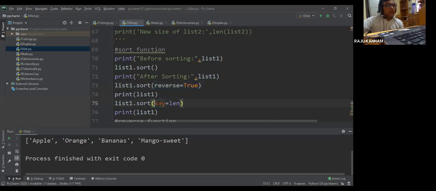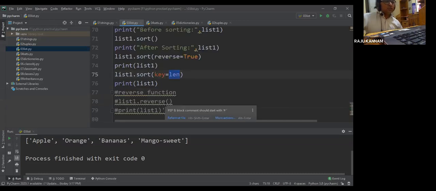And if you mention key equal to len, what is the len function? It will find out the length of the element. The sort method does arrangement, sorting in alphabetical order. If you don't want to sort in alphabetical order, and want to sort by the number of characters in the element, that also is possible using the sort method. But for that, the sorting key you have to mention as length. So now if you execute that,